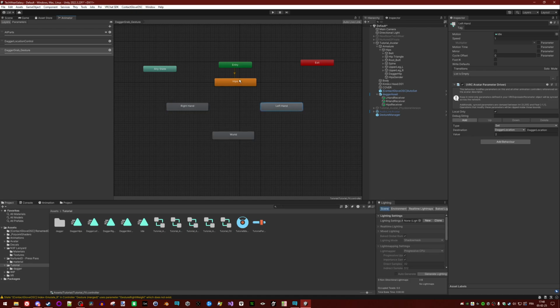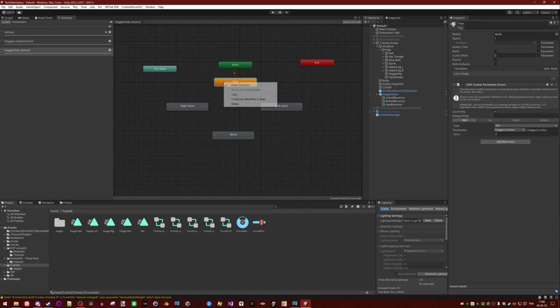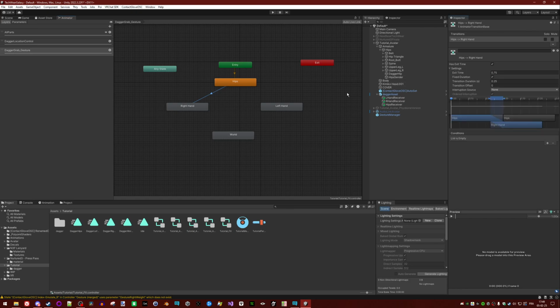Of dagger location, we need to connect the states together. So for the prop to go from the hips to the right hand, don't forget for every single transition here to uncheck exit time and put a transition duration of 0, by the way.